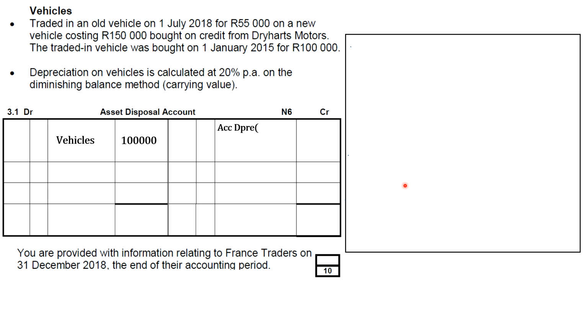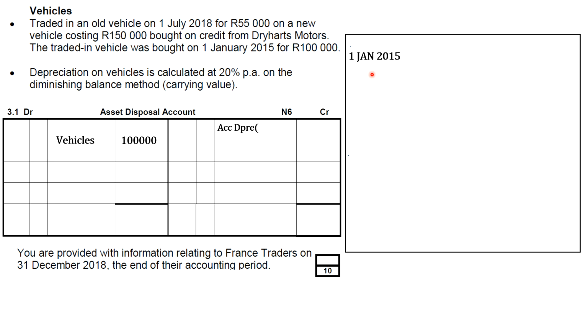The first thing you must do is write down when this vehicle was bought: 1 January 2015. What I'm doing here is an asset register, but this is a short version of the asset register, because in the exam you won't have proper time to draw a whole asset register. So this helps. Our vehicle was bought on 1 January 2015. You write it down.